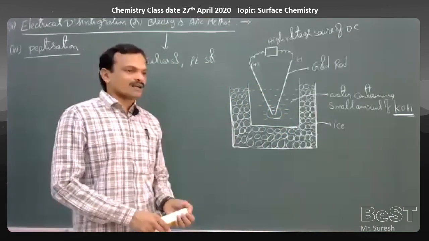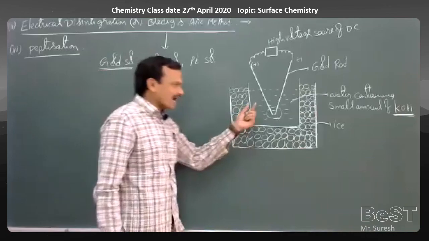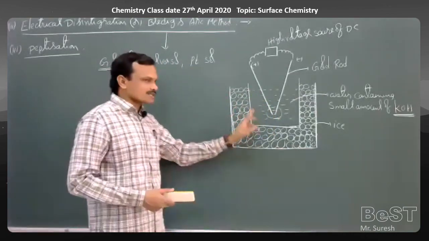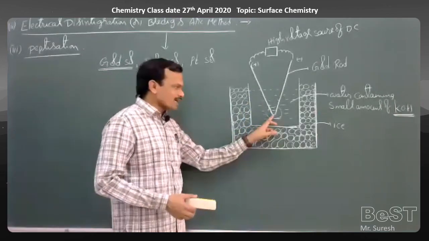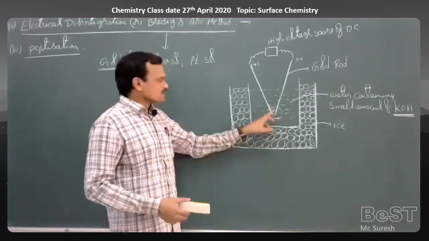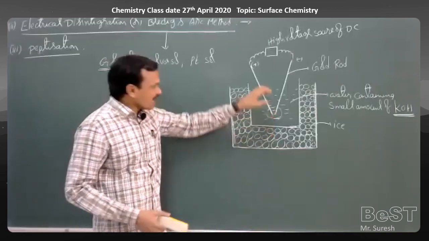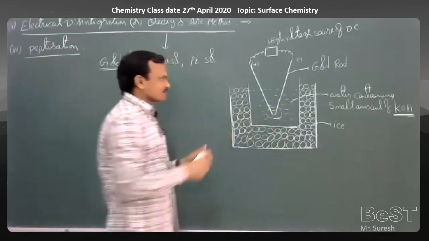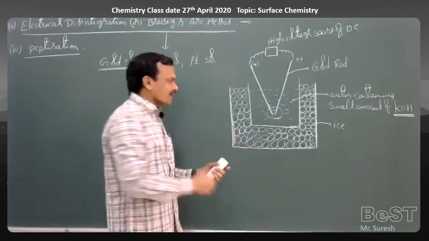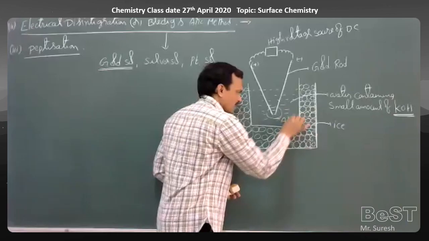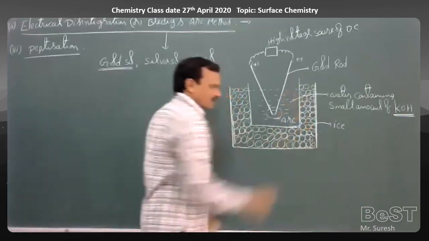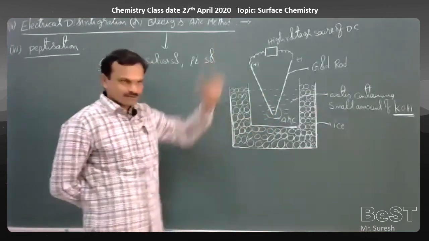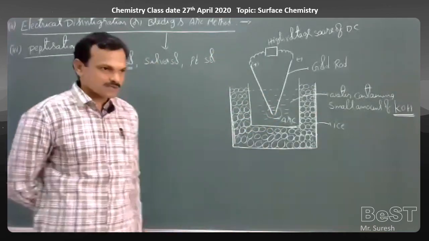What is the meaning of that electric arc? It provides a high temperature instantaneously. High heat energy is released here, so we maintain a high temperature. At that temperature, some amount of gold will get vaporized. On applying the electric arc, a small amount of gold gets vaporized, that means gold vaporized in the form of gold atoms.